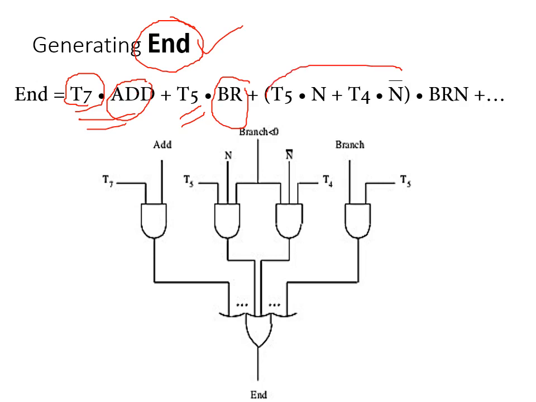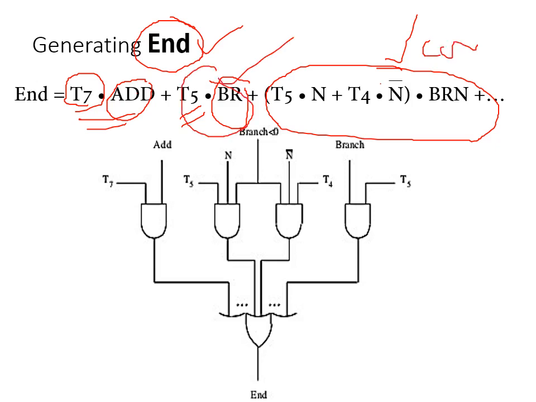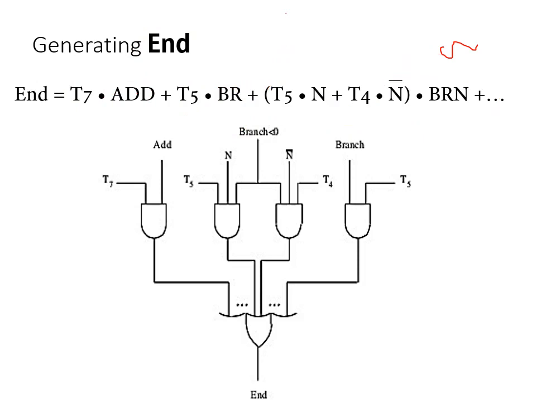Similarly, they have taken one more example which is not explained in your textbook. This is the control sequence for unconditional branch. They have not mentioned this in your textbook, they have written it here randomly. Okay, no problem, you can just write it. So this is how it works.